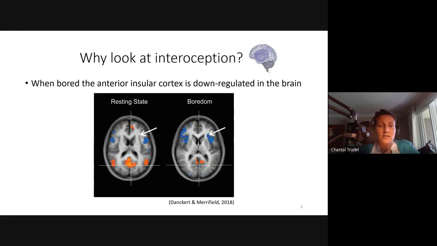Given the mounting evidence that the insular cortex forms part of the salience network. The salience network is a system that detects relevant stimuli in the environment, and then the brain uses this information to coordinate an appropriate response. So when we saw the insula down-regulated, or turning off, so to speak, during the boring task that we induced, we thought perhaps when bored, the brain does not just default to rest, but rather shows signs of attempting, but failing to engage with its environment.